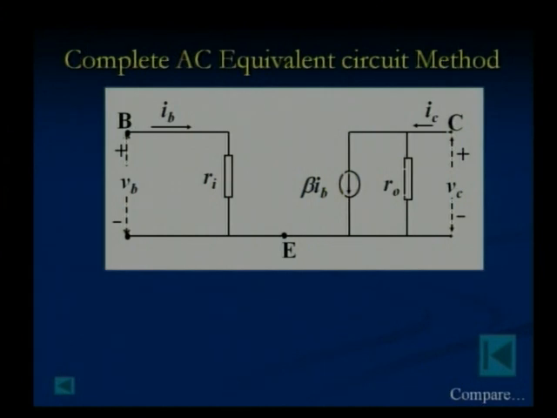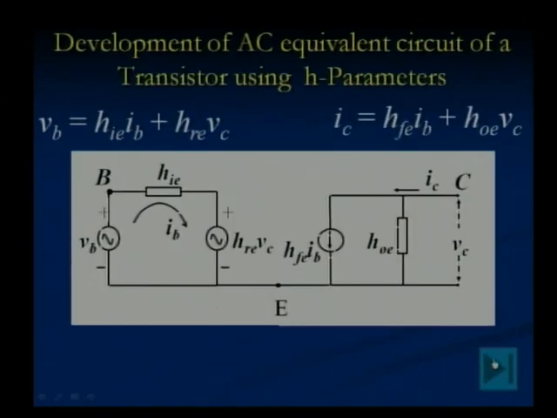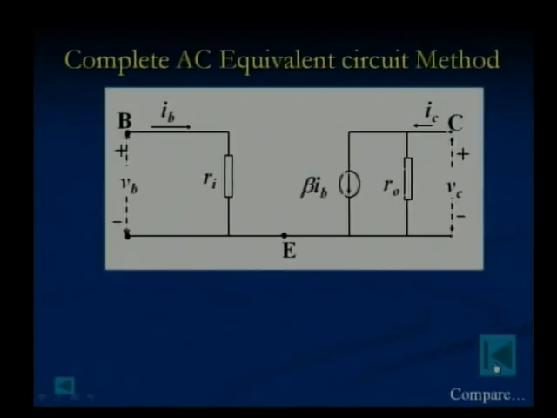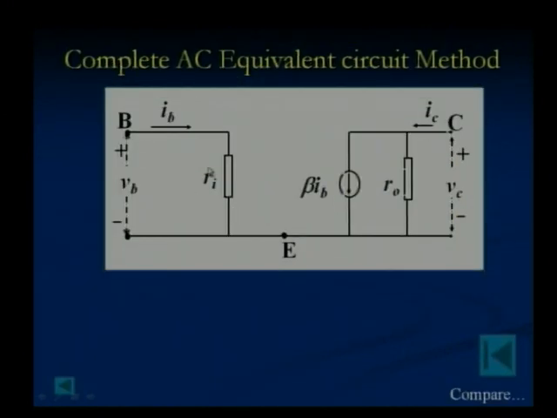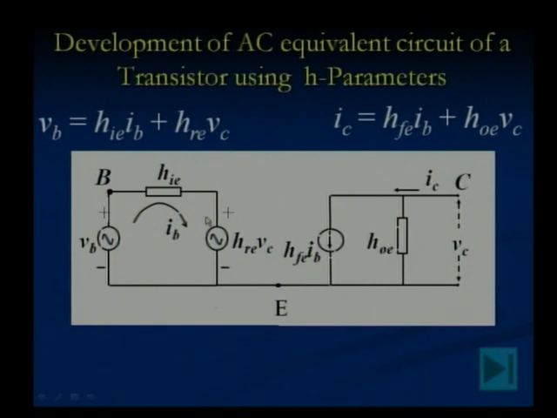So this is the equivalent circuit method. Nowhere have we used any h parameter, but the transistor can be represented in this way also. Now the earlier circuit was like this, using the h parameters. If you compare these two circuits, at the input there is Ri, a resistance. Here there is hie, which represents the input impedance or input resistance. Nothing else at the input, but in the h parameter circuit there is a term hre Vc, a voltage source, appearing. So that is the difference.